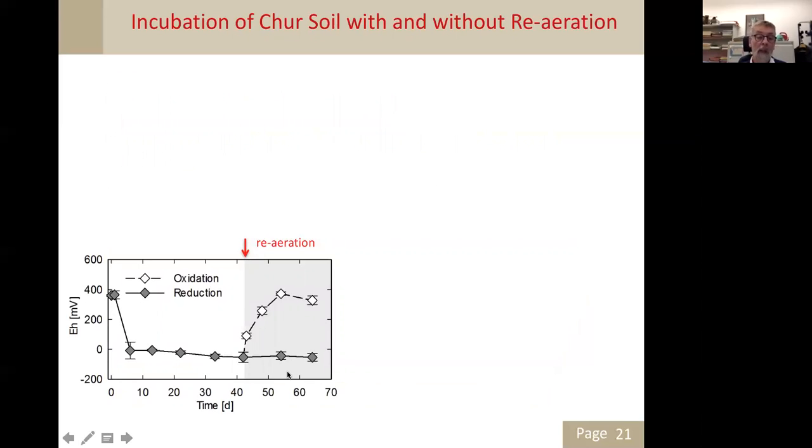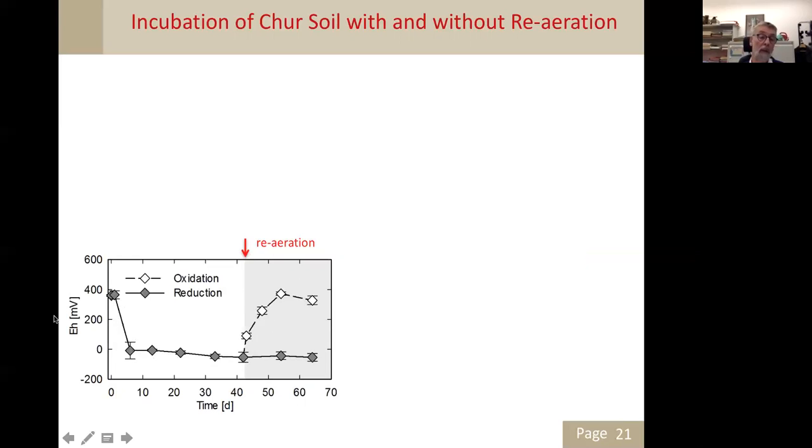Now, here you see what came out. This is the time axis, so up to the 64 days, more or less every 7-8 days a sample was taken, or 3 samples were taken for each treatment. And sometimes they had a little bit more variability, as you see here, but mostly the error bars were within the size of the symbol. And the dark symbols relate to the non-oxygenated samples. And after, as I said, 42 days, 6 weeks, some were re-aerated, and these are the open symbols.